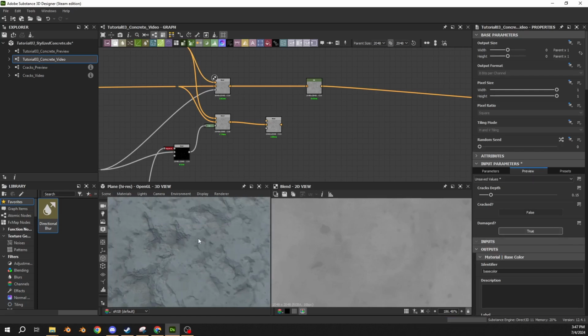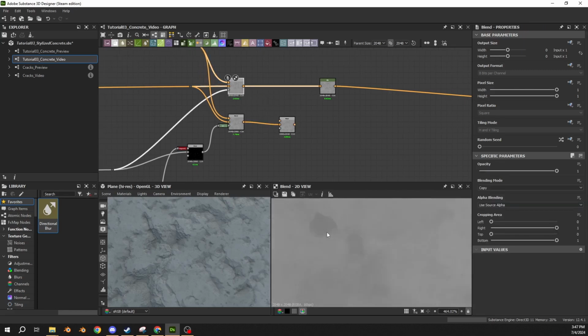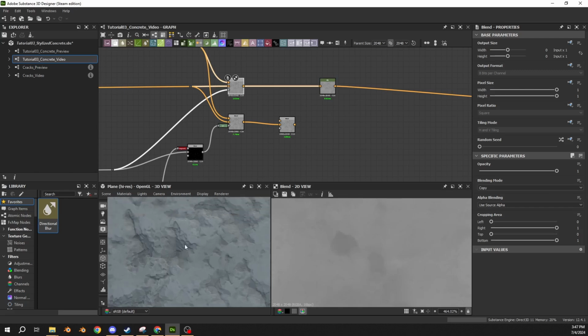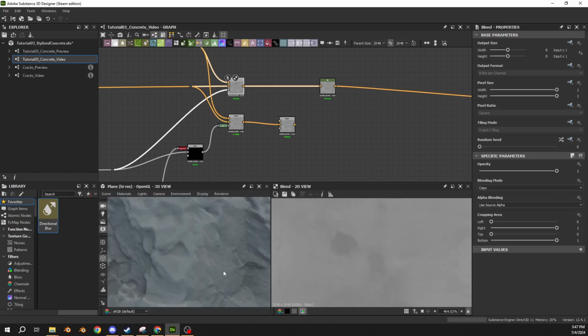Now, these chunks are going to overpower the spots that we have, right? So right now the spots are darker, right? So if I add the damage, you'll see a spot here and it'll be darker than this. We don't want that. We want to subtract